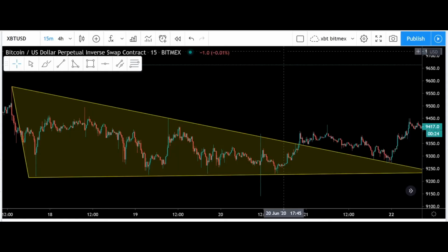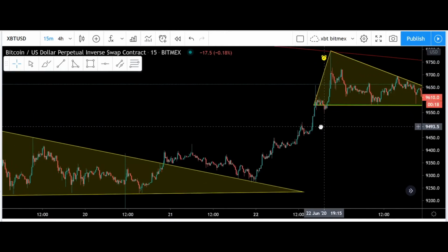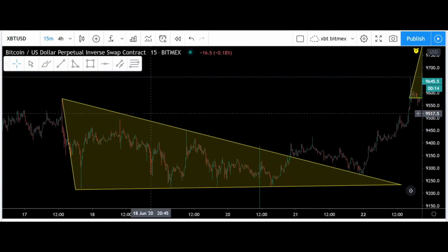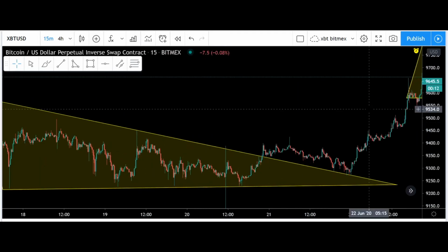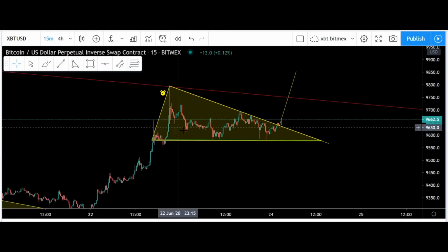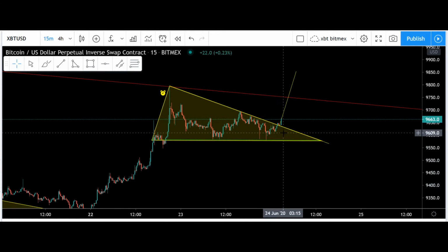Hey guys, I just want to go over what I'm seeing in the Bitcoin chart. I made a video about this trade yesterday. It was a great move up, and now I'm looking at a very similar pattern. We had this triangle play out over the weekend, and right now it's a smaller triangle, I'll give it that, but it does look like we have made our move up and we're consolidating in a bit of a continuation